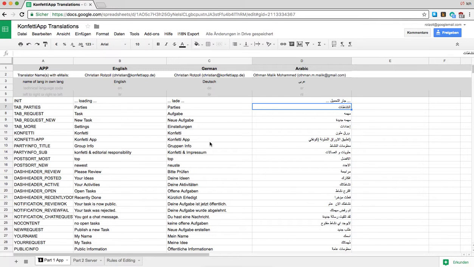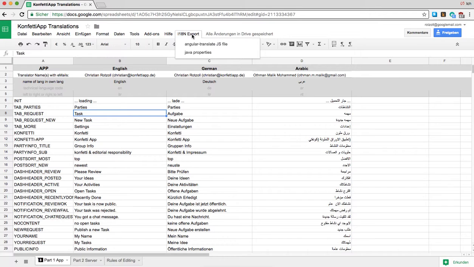And in the end, if you have finished or edited the strings as you like them, you do one important part, and this is the export. As you can see, here is an export string. But this is a part that I have to admit only I have the rights to execute at the moment. So it's not that easy. So in the end, you would need to give me a message once you're done with the translation and say, Christian, I put all the stuff in there. Please update the translation